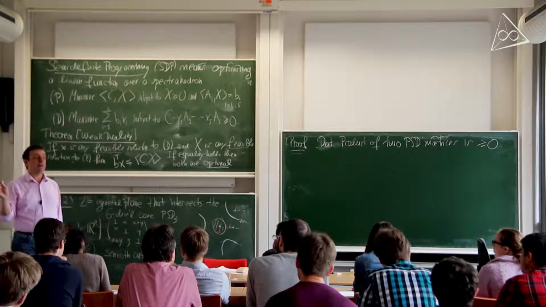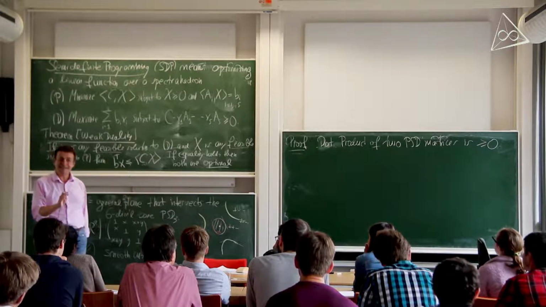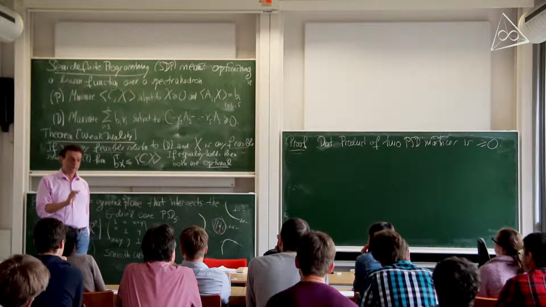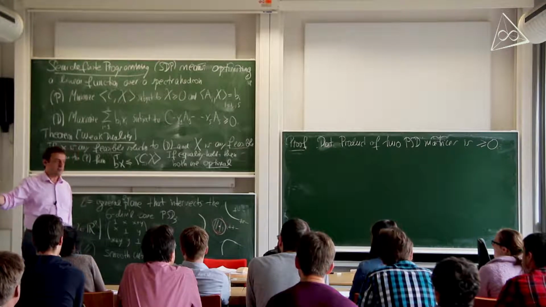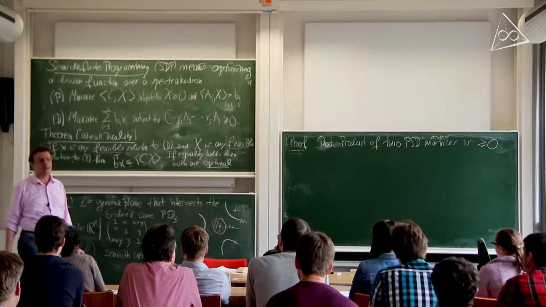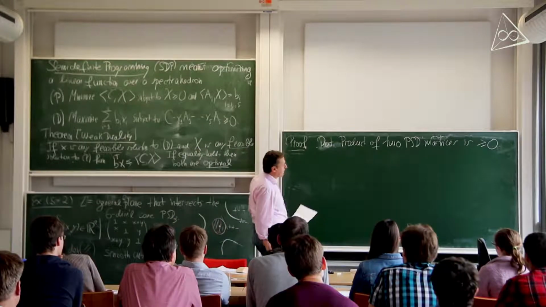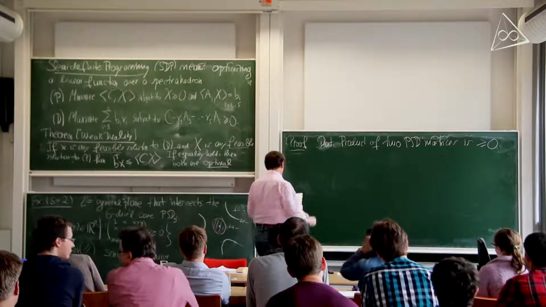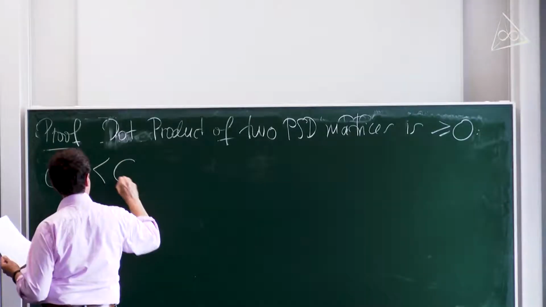And that's a fact from linear algebra. You can prove this by diagonalizing one of them, right? So if one of them is a diagonal matrix, if it's positive definite, and the other one is any old positive definite matrix, well then the dot product is just a dot product of the stuff on the diagonals. That's a non-negative number. Okay? So the dot product of two positive semi-definite matrices is a non-negative number, and therefore 0 is less or equal